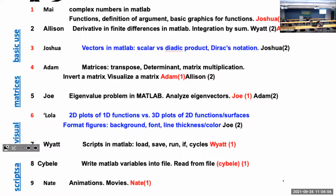And before, let me attract your attention. Here is the schedule for the next Friday, right? So it is based on your votes, and in vast majority, I was able to match your first choice. The only situation when it is opposite to your votes is number 1 and number 3. So Joshua wanted to do number 1 and 3 as second choice, and May mentioned number 1 as her only